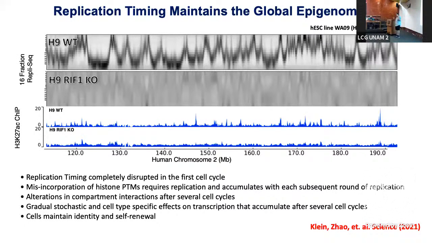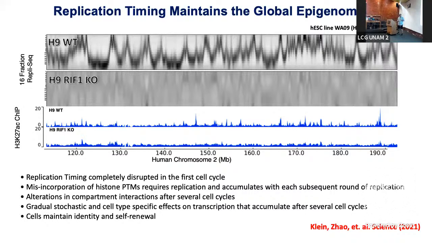So the reviewers are really giving us a hard time. How do you know RIF1 doesn't affect transcription, which then affects replication timing? Well, what we find is that in the first cell cycle, there's only a few genes that are affected. If you do single cell RNA-seq, they're different genes in different cells. So these are just cells that are getting disrupted from the replication timing changes at different locations, and they're having different genes that are being affected.